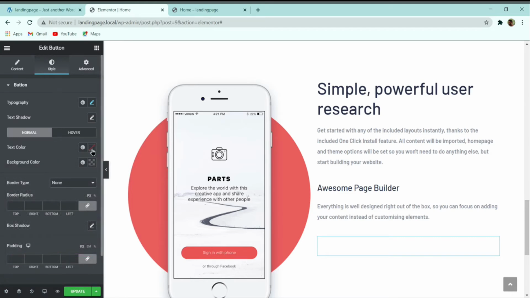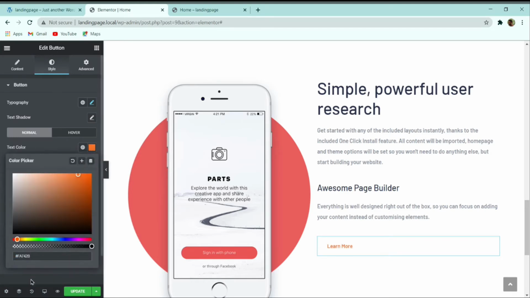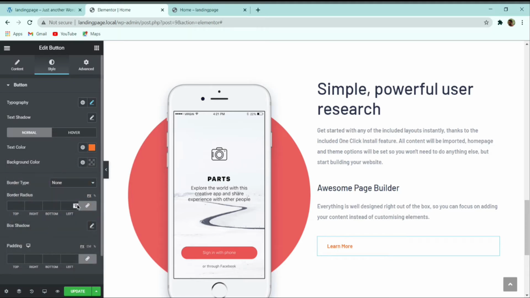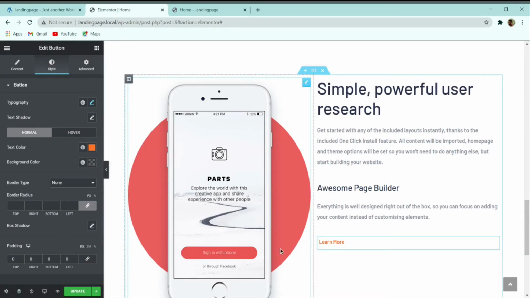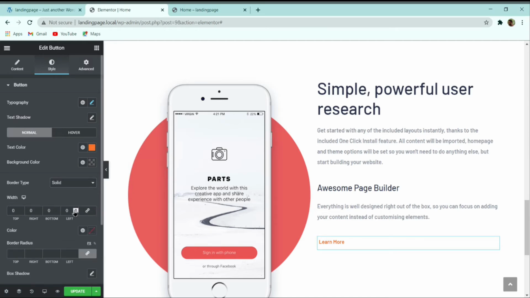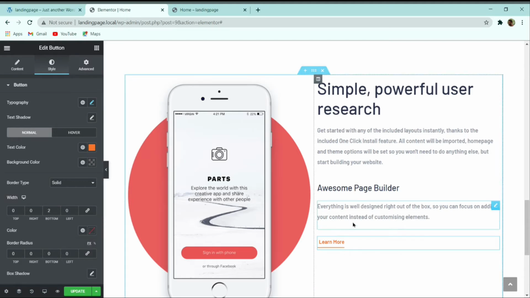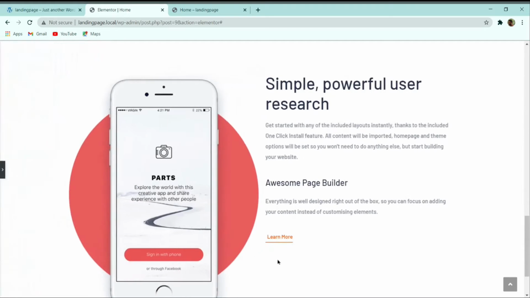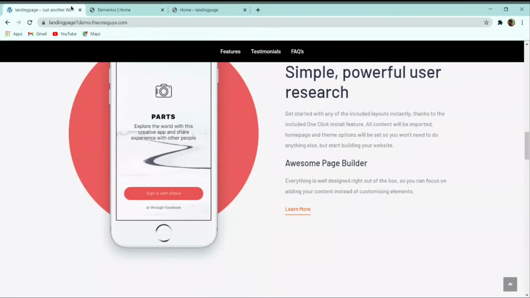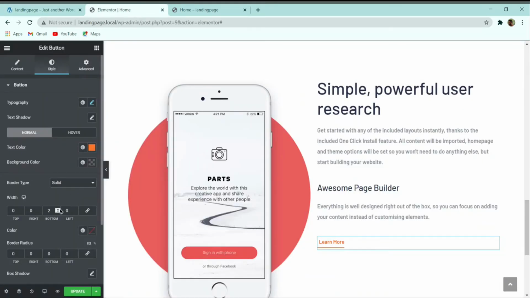And then text color, the text color which we have used is that FS742B, the same text color. So here what you have to do, first unlink the padding over here. So here you can see that it is on the same alignment. Then here border type, select a solid border type, and then give a bottom 2 to the border, and make the border radius to 0. So here with this you can see that this learn more, we have created successfully this one button.